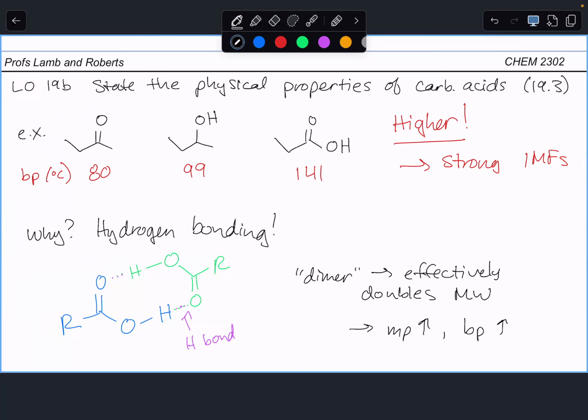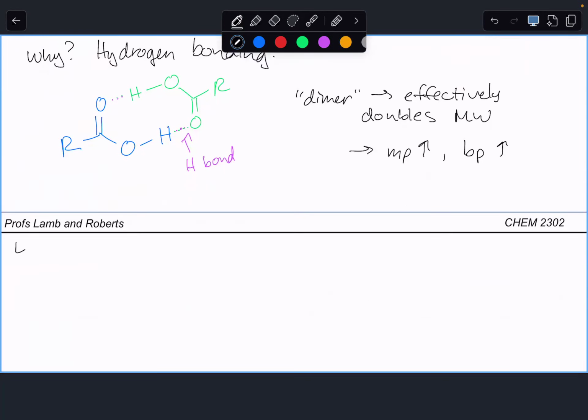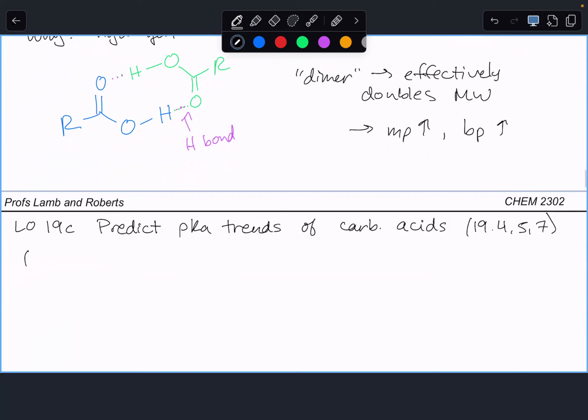So now for the rest of the class and on Monday, we're gonna talk about pKa, right? It's a carboxylic acid. So I bet it's an acid. So that's what we're gonna be talking about. So this is learning objective 19C. We would like you to predict our pKa trends of carboxylic acids. So we're going to kind of go through 19.4, 5, and 7. Okay, so just starting with kind of basic